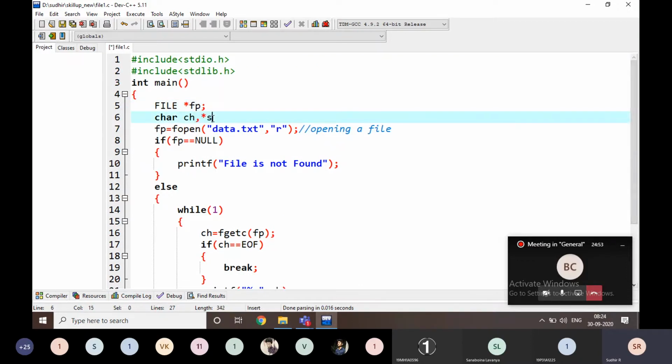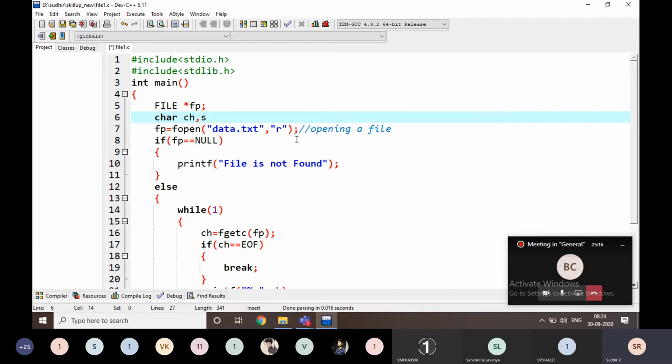Comma star str, I am going to take a pointer. Why am I taking a pointer here? Instead of str of 100, which is going to save only up to 100 characters, right?